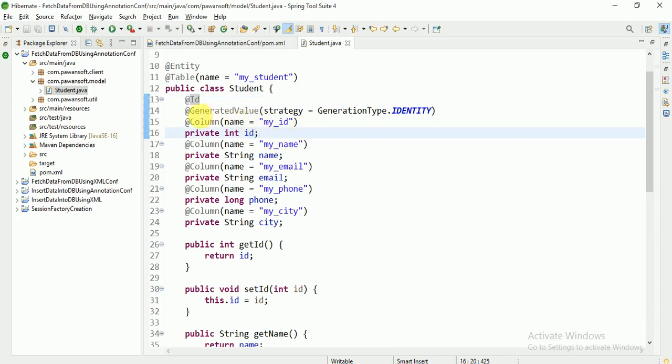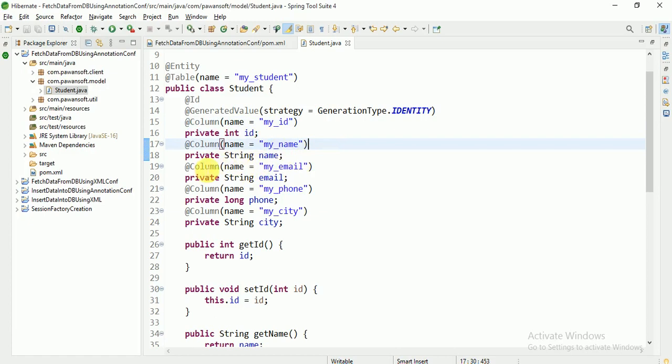You have to provide GeneratedValue with strategy equal to GenerationType.IDENTITY, and this is the column name. If you want the column name to be the same as the property name, this is optional. But if you want the column name to be different from the property name, you can provide it explicitly, like my id, whatever you want for your column name.